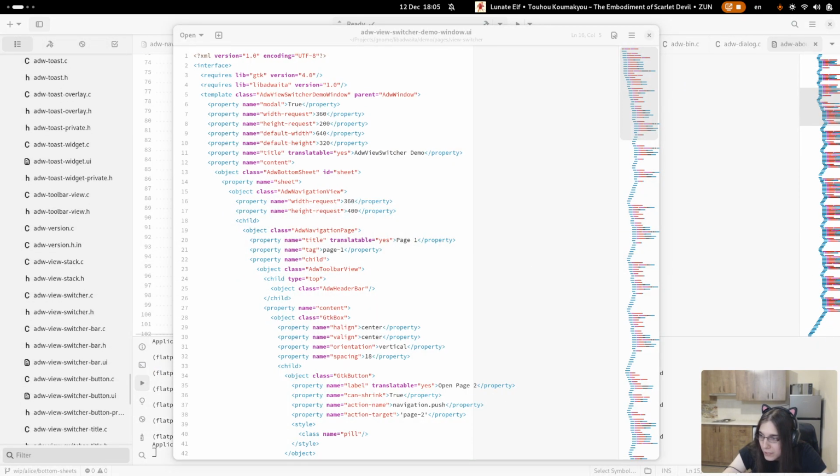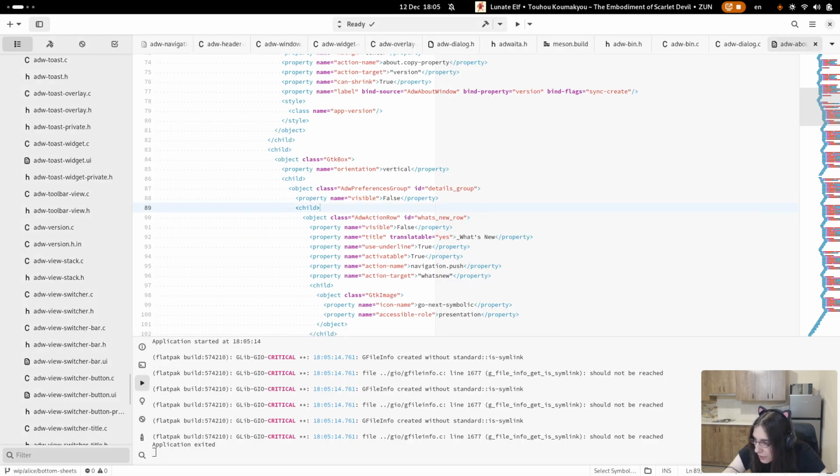For dialogues, I have a bunch of things to add. It needs to have a child. It already has it. It needs default width and height, like a window. It needs a condition for becoming a sheet. I will just use breakpoints for that with an embedded breakpoint bin. It will need a title. It will need a default widget. There will need to be something for controlling whether it can be closed. Regular sheets don't need it because they just don't, and dialogues do.